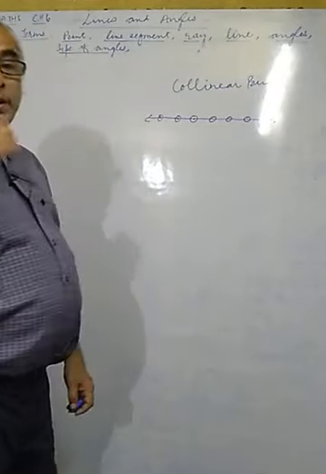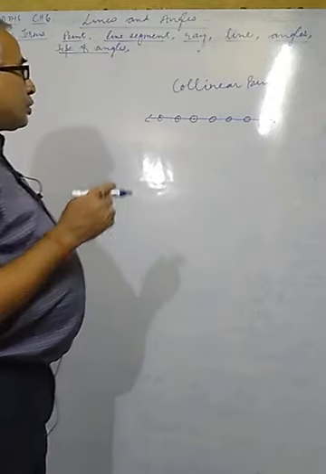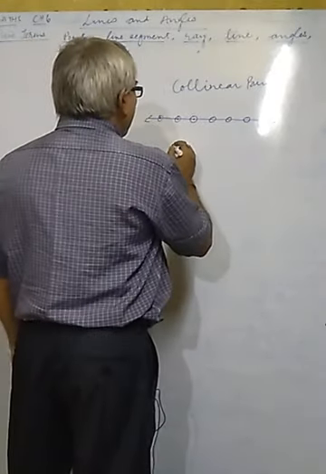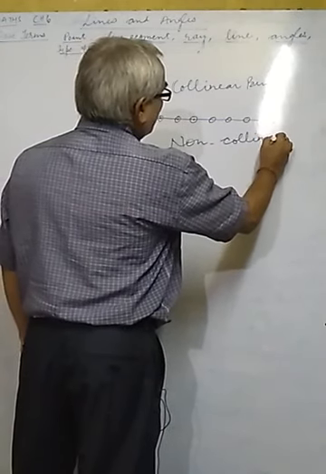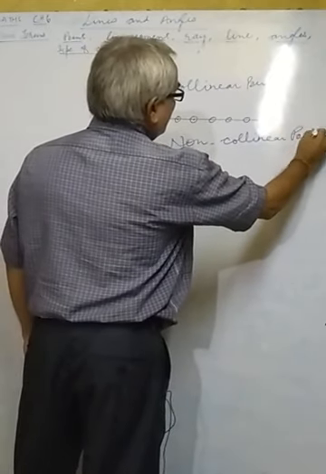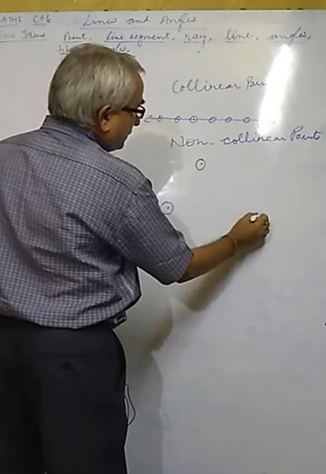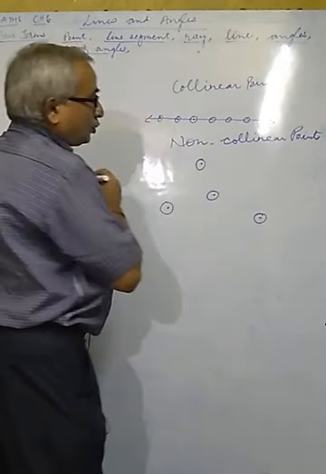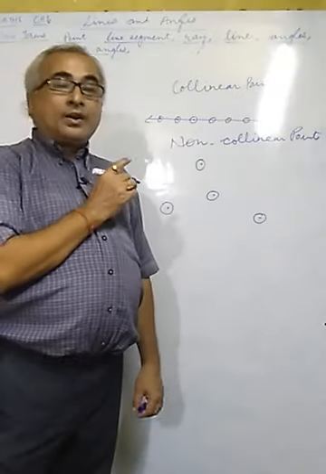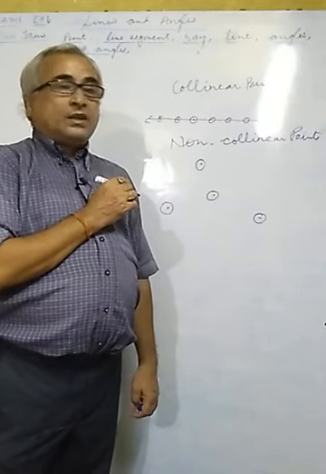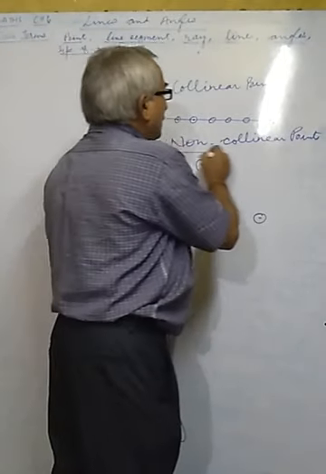Similarly, suppose so many points are there and they are not lying on a straight line, so those points are known as non-collinear points. What are those? Non-collinear points. Suppose one point is here, second is here, third one is there, fourth one is here. Now you may mark here. All these points are not lying on a straight line. If this type of situation is there, all these points are known as non-collinear points.